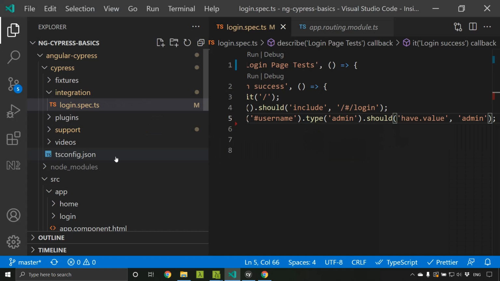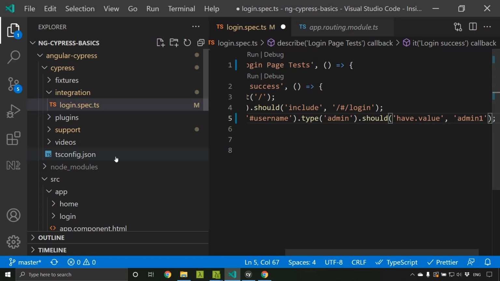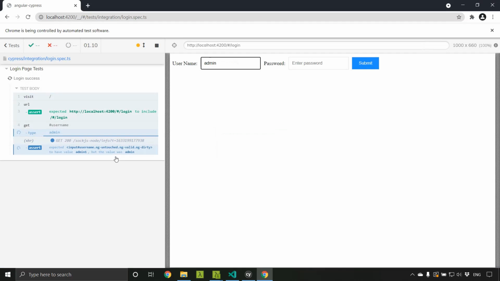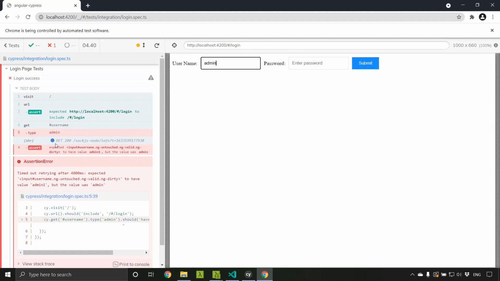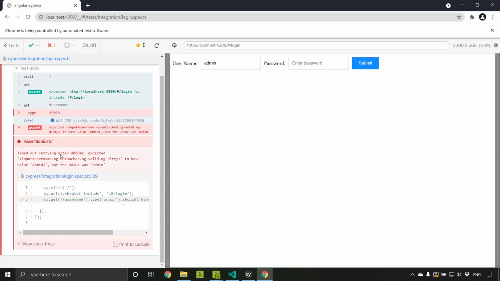In case I had given a wrong value like admin1 here, you can see that it takes some time to run the command or the assertion. What happens is it is retrying automatically, and the retry time by default is 4 seconds. In case the error persists, it will keep on retrying and then exit.